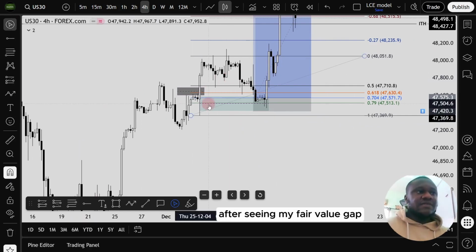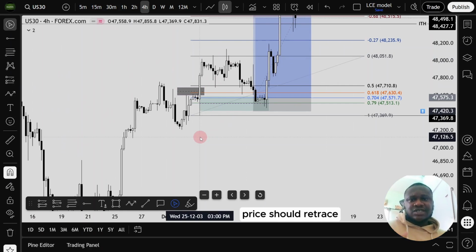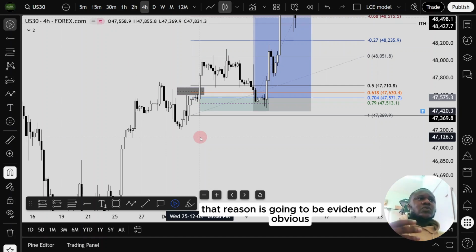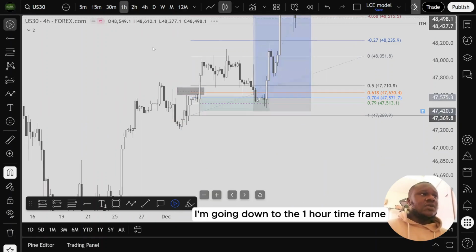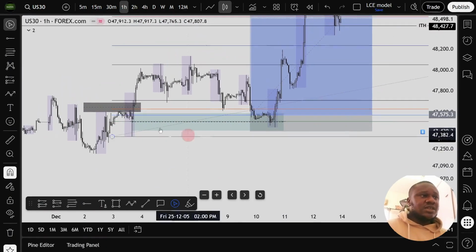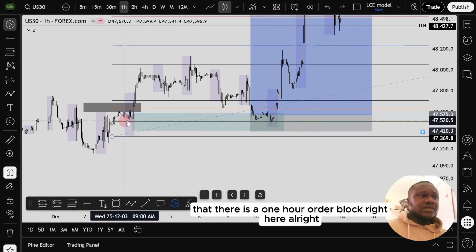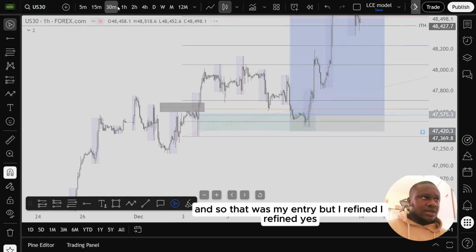All right, after seeing my fair value gap, I want to see if there is any reason why price should retrace deeper than just using the fair value gap. If there's a reason, that reason is going to be evident or obvious on the 1-hour time frame. And going down to the 1-hour time frame, it is very evident that there is a 1-hour order block right here. All right, and so that was my entry, but I refined